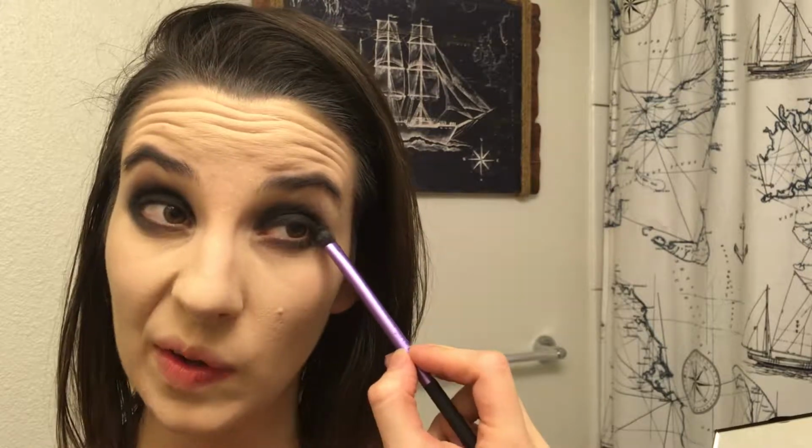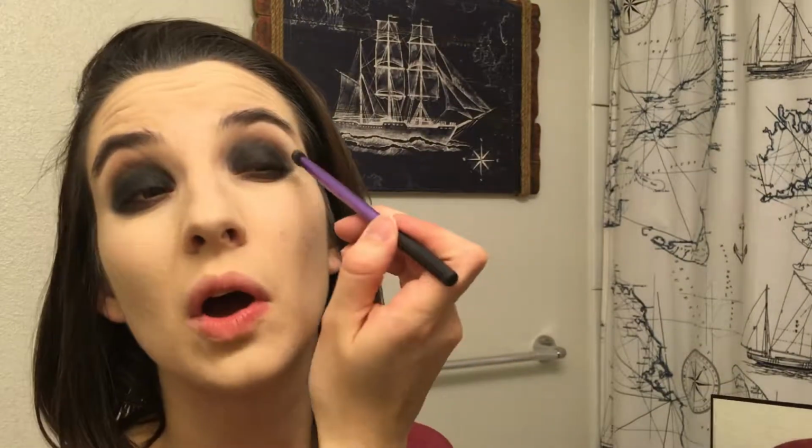I think the idea behind why this is a stereotypical pirate look is that in the 1700s, if you were from a higher class or even lower class, you probably wore makeup to cover your syphilis. And I think the idea is that you started your pirate career with a bunch of makeup on, and then it's basically eyeliner that you never took off is what it's supposed to look like. Right now it just looks like I'm